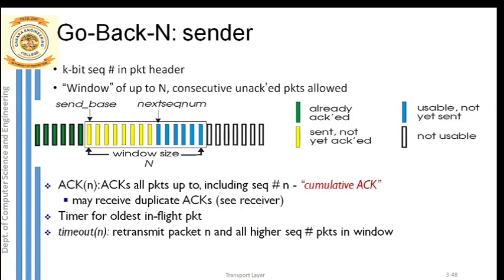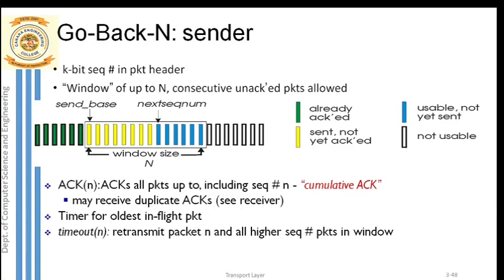The meaning is these blue packets have not yet been received, are not yet available at the transport layer. These are the packets which have to arrive from the application layer first. At the transport layer, they have to arrive first, then only you can send those packets, right? So next sequence will always be pointing to a packet which has to be sent next. These blue packets have not yet arrived at the transport layer, but as and when they arrive from the application layer, you can just send these packets also to the receiver.